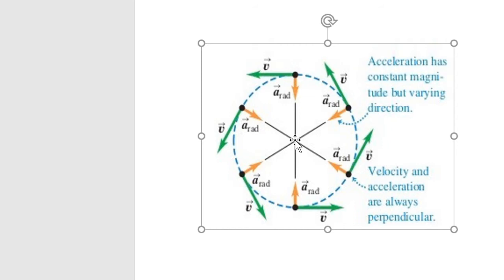This is very important here. So acceleration has a constant magnitude, but it has a different direction every time. Here the acceleration is downwards, here the acceleration is upwards, here the acceleration is diagonal like this. So the direction of the acceleration is changing, but the magnitude of the acceleration will remain the same, correct? And the acceleration will always be perpendicular to the velocity. This point is very, very important. You all should make a very good note of this point, right?